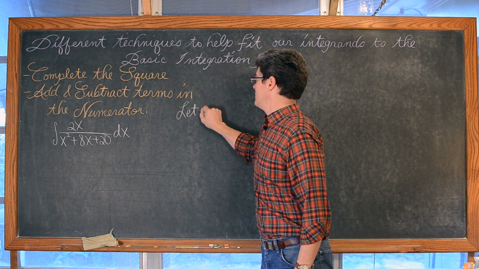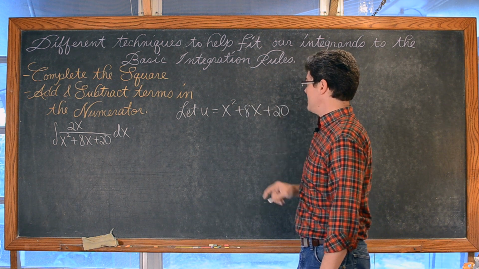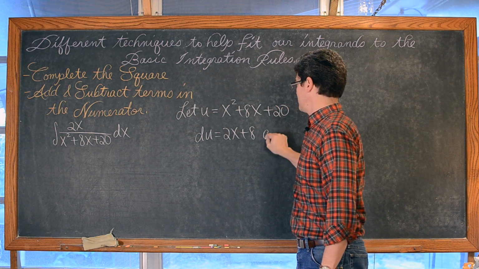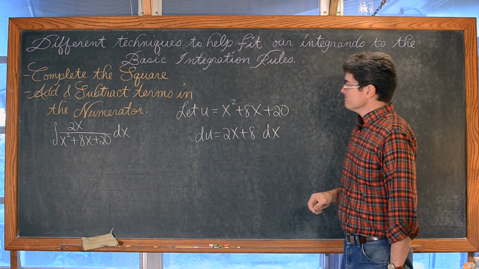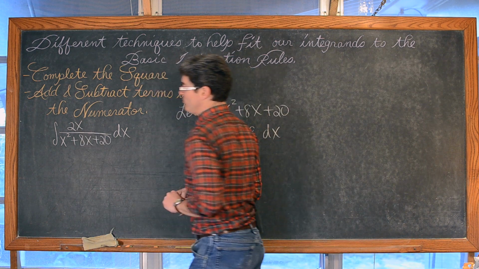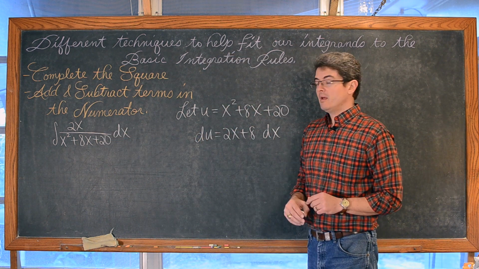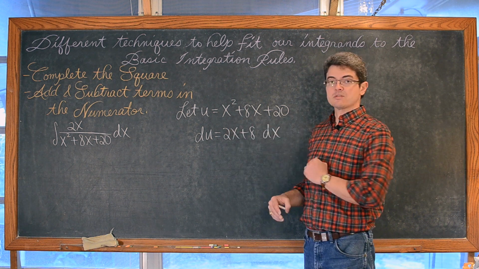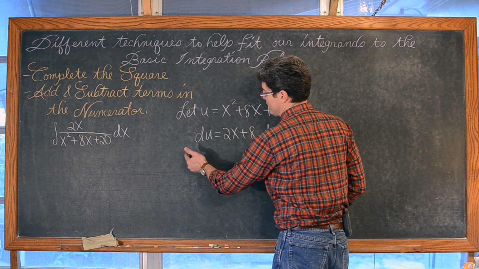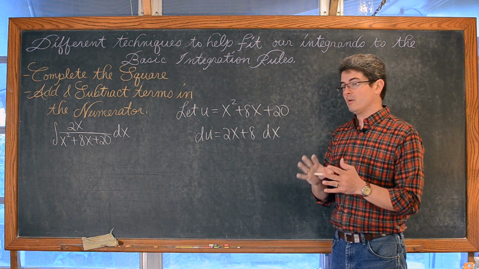We're going to let u equal x squared plus 8x plus 20, and thus du is going to be 2x plus 8 dx. Well, that's good. We have a 2x here in our expression. We have a 2x over here in the numerator. But what we don't have is a plus 8, and we do have one over here. Now, if that were, say, a 5x, then I could divide both sides by 5 and then multiply by 2 and get maybe a 2/5 du equals 2x dx. But that plus 8 there, we have to handle a little bit differently.